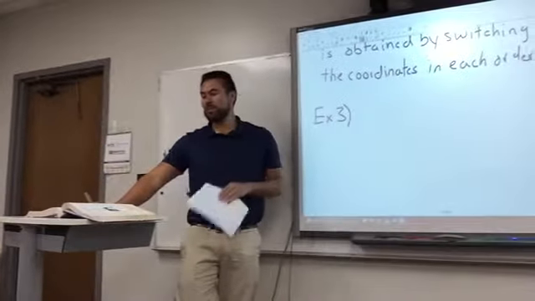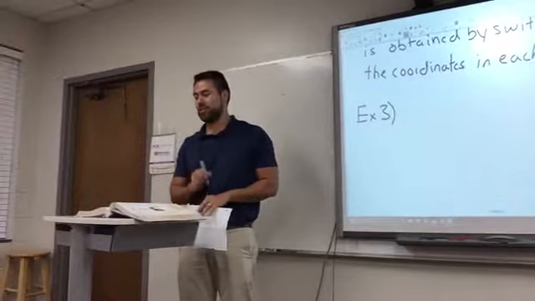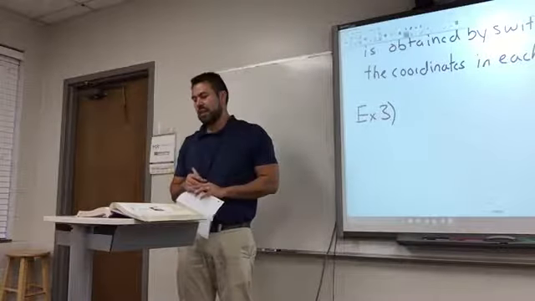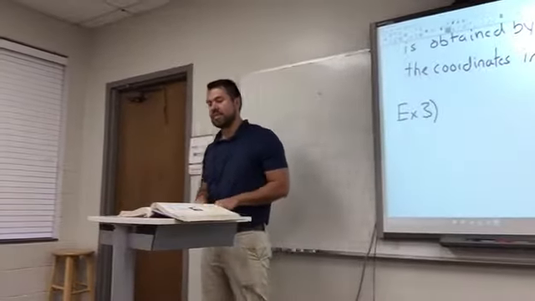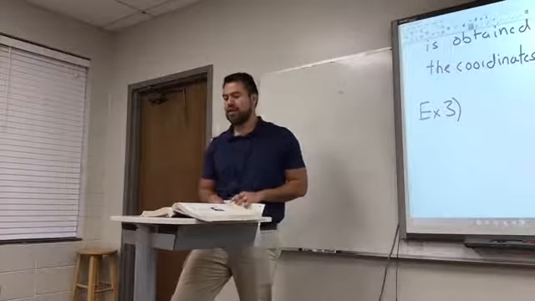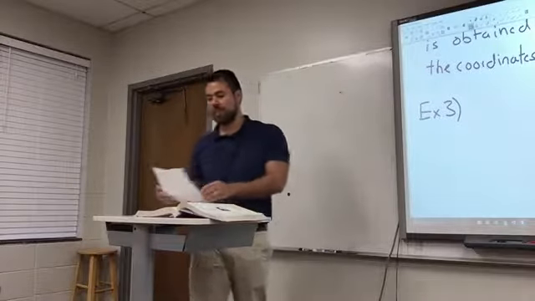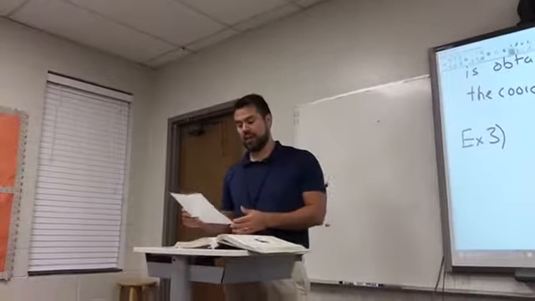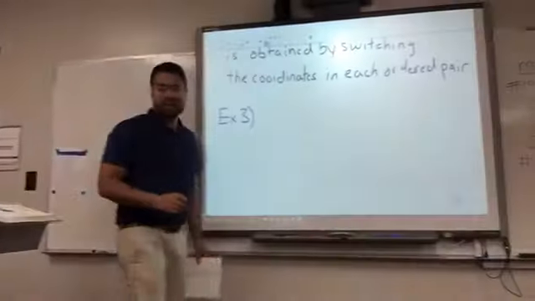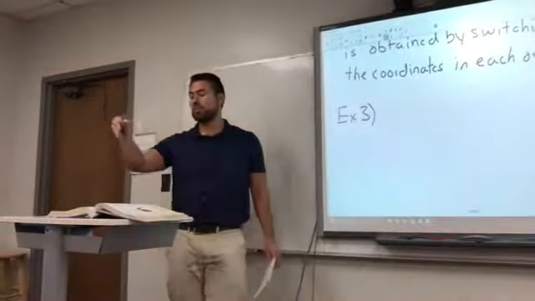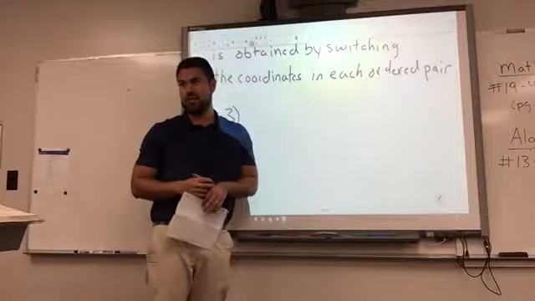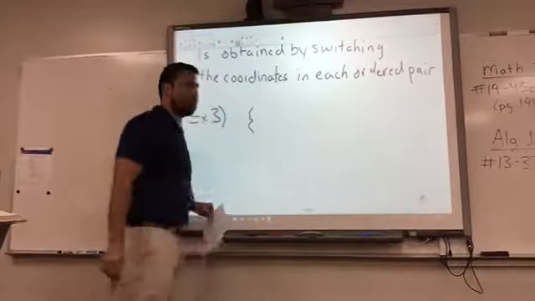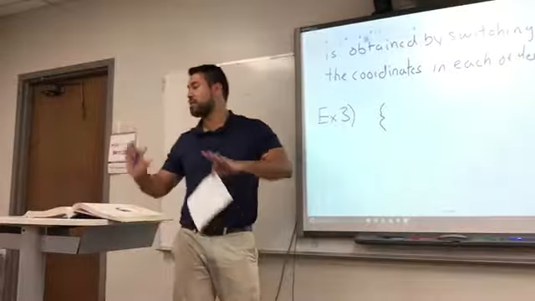Okay. Example number 3. Let's look at how to work this one, and then I'll let you go. Express the relation shown in the mapping as a set of ordered pairs. Write the inverse of the relation and draw a mapping to model the inverse. So what it wants me to do is write a set of ordered pairs with the mapping that they have at the top. So can anyone tell me how I start a set of ordered pairs, or a relation? With a brace. Okay?